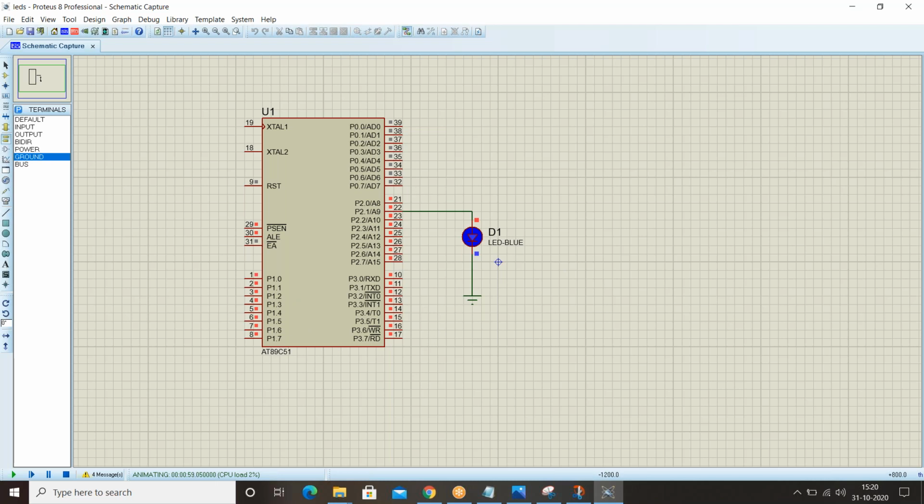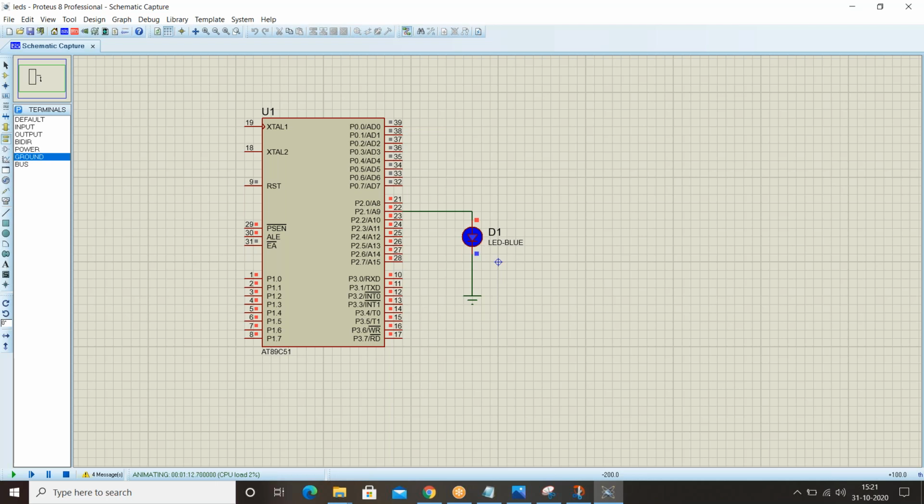It means these pins are active high pins. If you observe port 0, black color is appearing here. It means it is an active low port. Obviously, without writing any code, we can run the Proteus and turn on this LED.